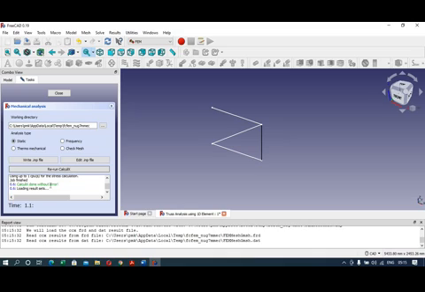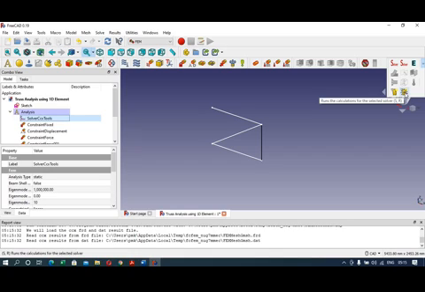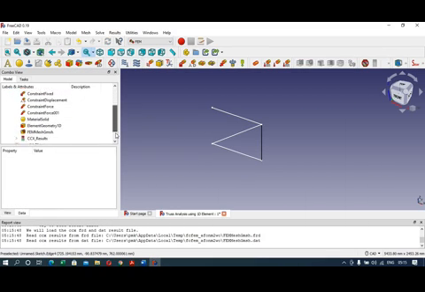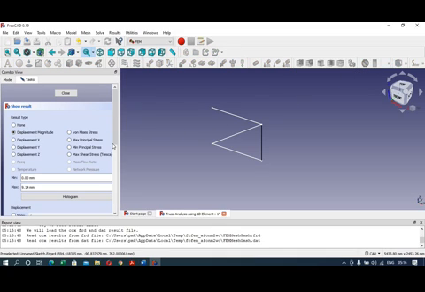Calculix done without error. Loading result sets. So close this, and now after this click on these two arrows and click on run the calculation for selected solver. Okay. So now you can see the result section, CCX results. You can click on this button, shows and visualizes selected results. So click on this button.